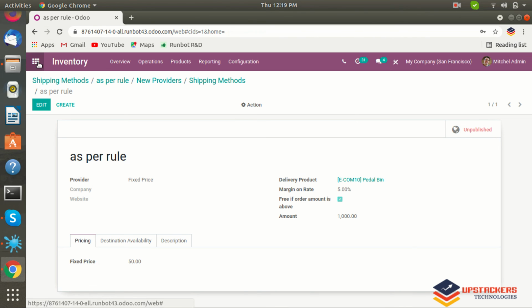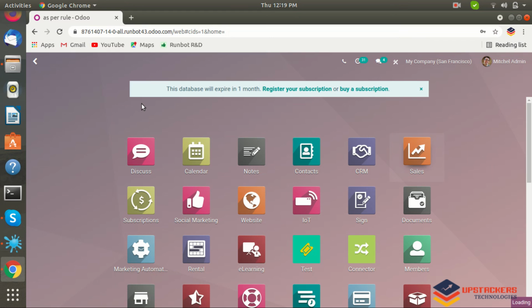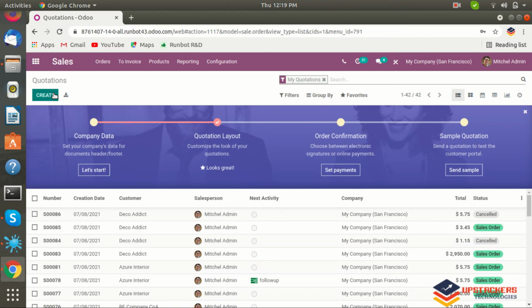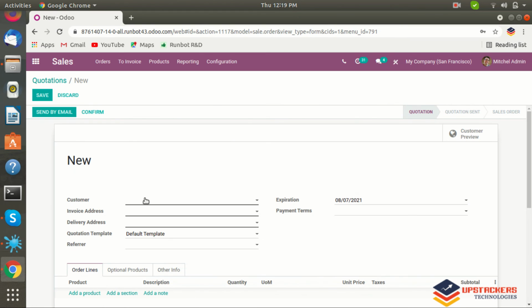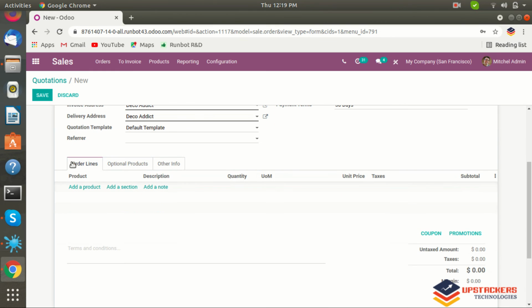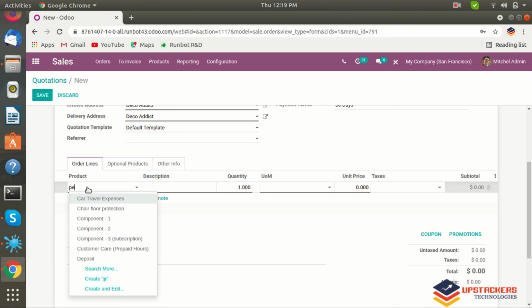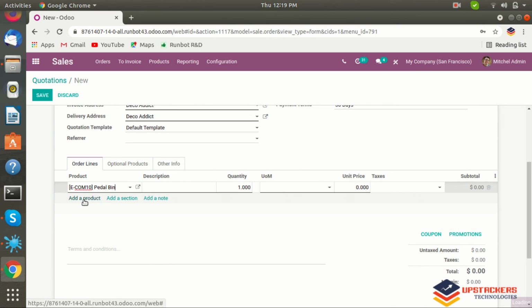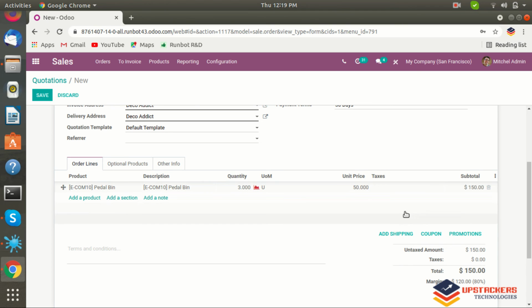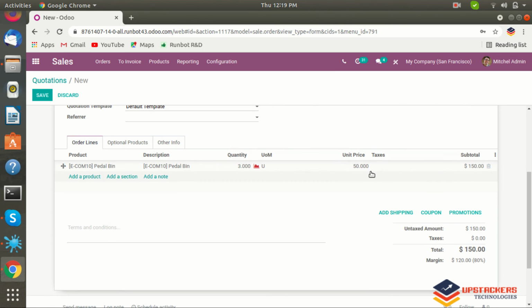Let's create one sale order. So here you can see your total is 150.